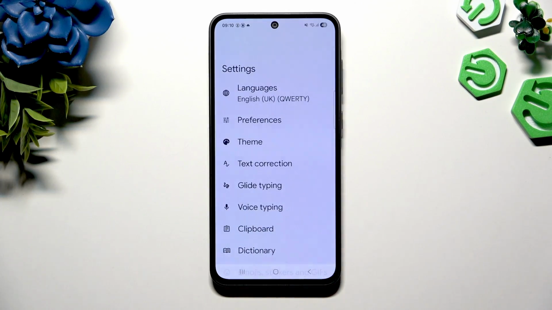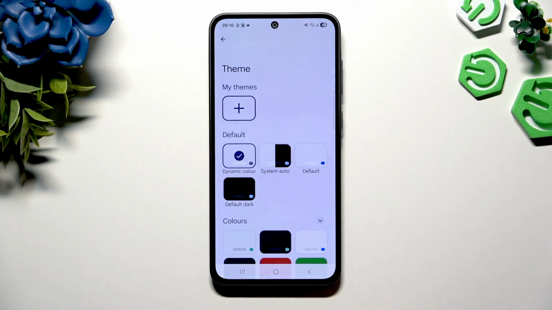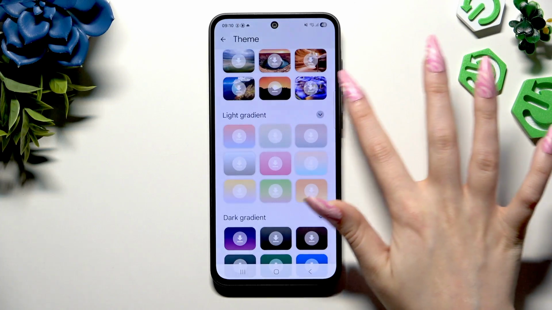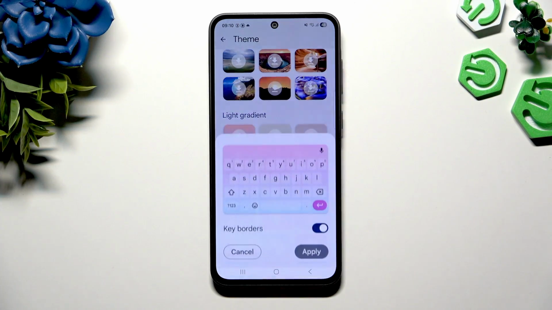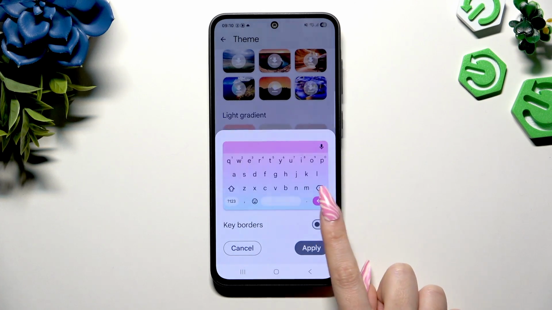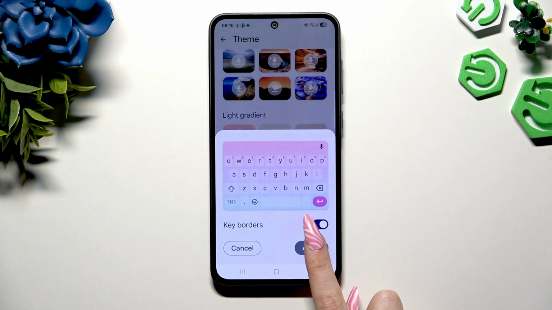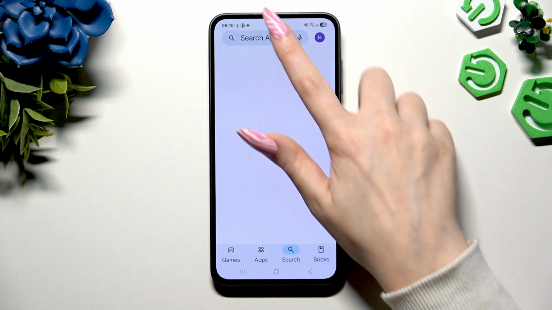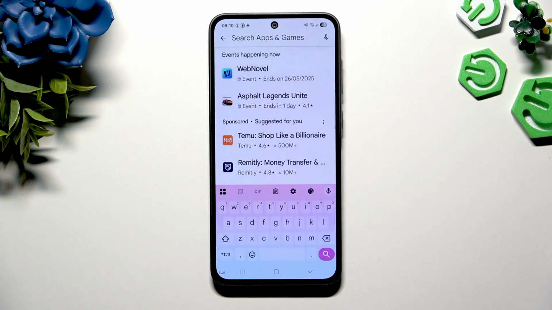Now select Done and hit Theme to pick any of those. I will go with this one. Tap on the best theme for you, manage key borders thanks to this switcher and hit Apply. So when I go back and check out my keyboard, I can see that Gboard was successfully applied and theme